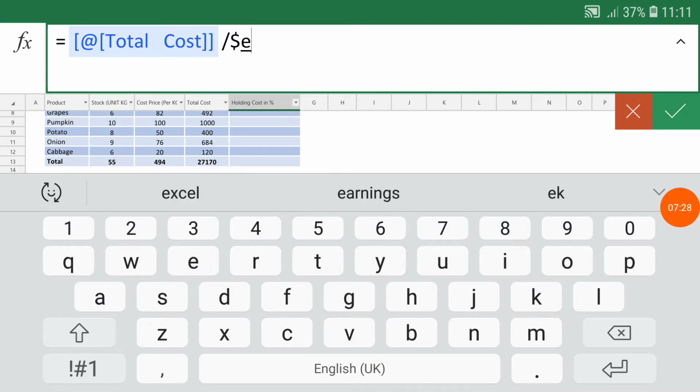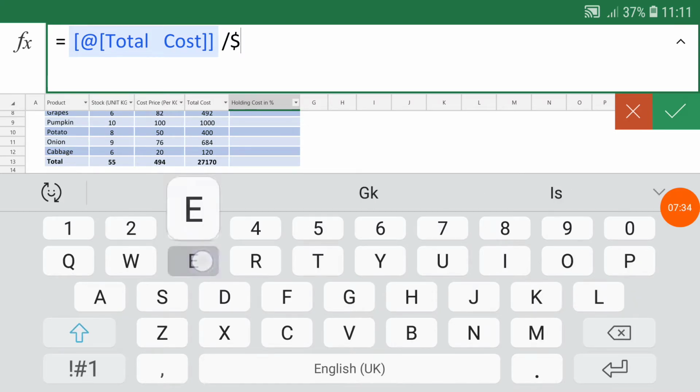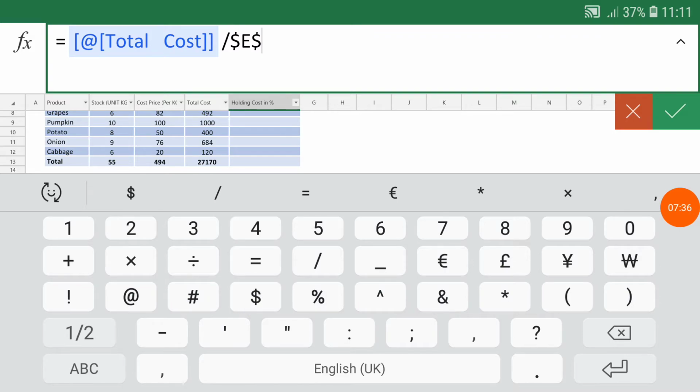So I'm going to write the cell address over here, that is E, and I have to fix the row as well, so I'm going to write the number as well. Once I press the enter key, it will apply the formula.